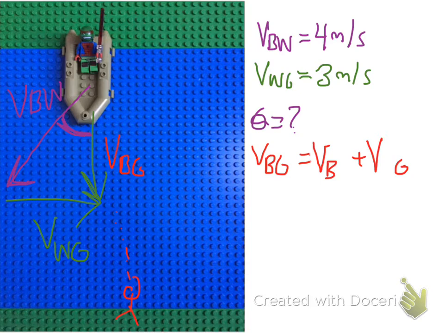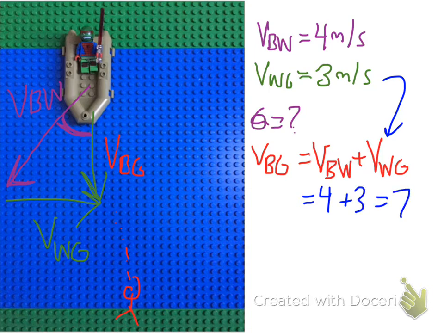And what's going to be our link? It's going to be water. Water is the thing that we know with this. So velocity boat water, well, that is this 4 meters per second. And we know that velocity water ground is 3 meters per second. You might say, that's 7. But 7 is not the right answer, because since we're adding these as vectors, we have to actually look at